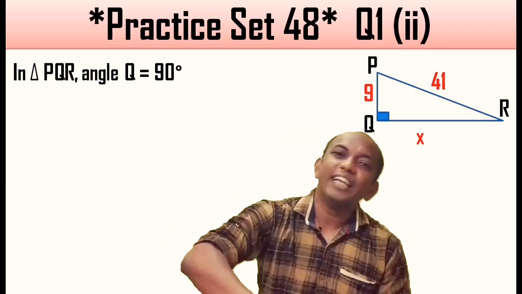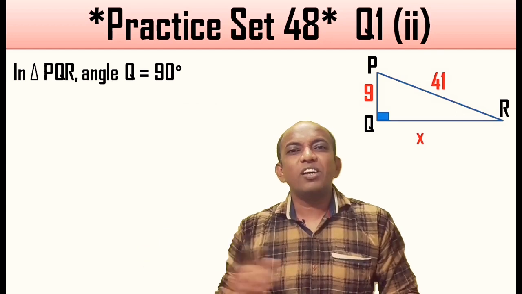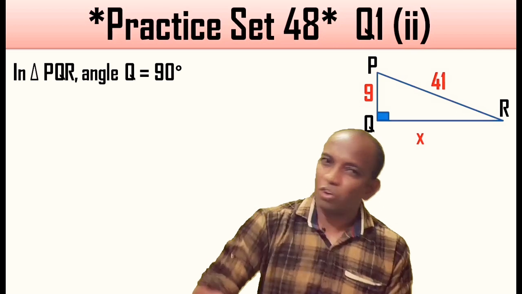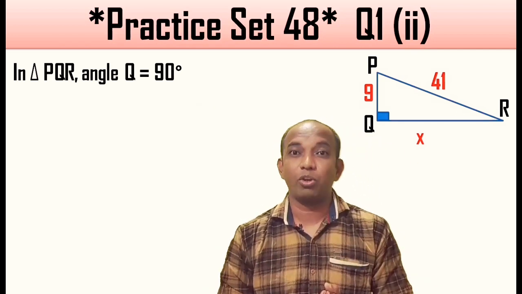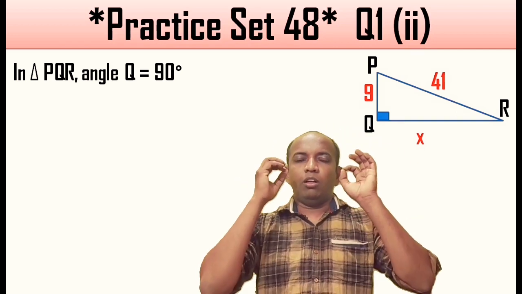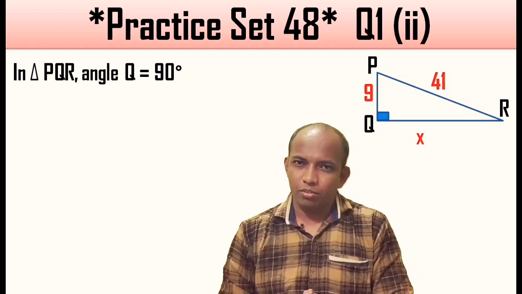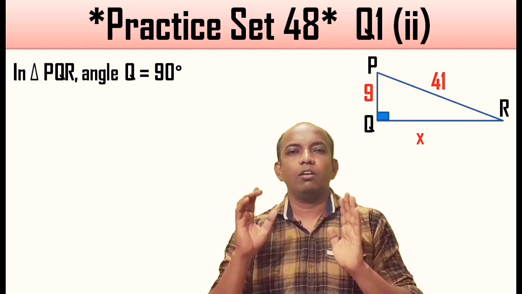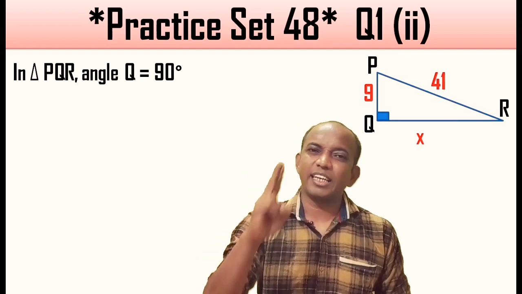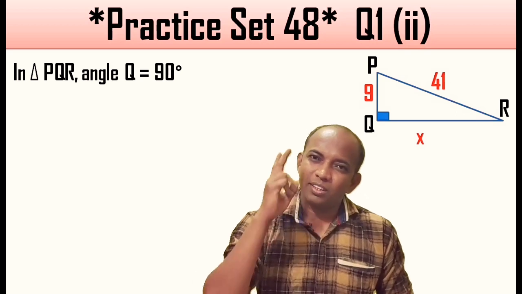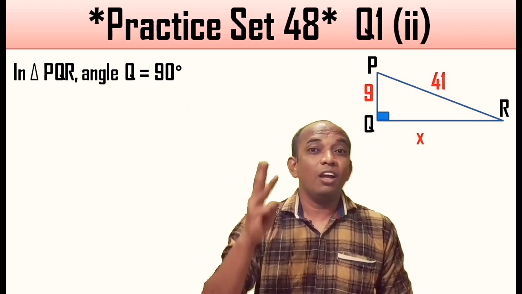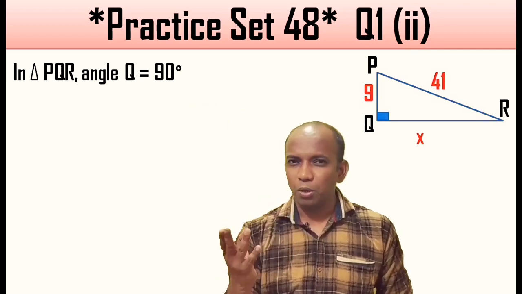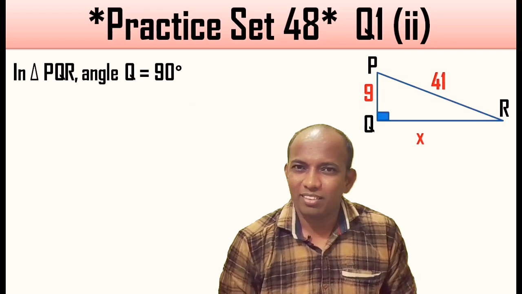So this is the second type of question. The previous sum was to find the hypotenuse, and in this question the hypotenuse is already given, and I need to find one of the sides, one of the perpendicular sides. Okay, so let me clear these steps first of all. The moment we need to find one of the perpendicular sides, very first we'll write the formula. Second step, substitute the value. Third step, find the square. And fourth step, whatever squares you get of two numbers, you have to subtract them.